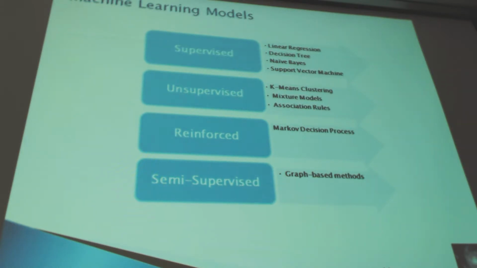Next is the support vector machine. In the support vector machine, we already know the classes to classify, but we have to find the biggest margin or the gap between the classes. So that is the optimization problem of support vector machine. Next is the unsupervised model. First is k-means clustering, where we are given the number of classes, but we are not given the category for the classes. So we start with an arbitrary classification, and then we try to find the most convergent mean in these classes. So that's the optimization problem.